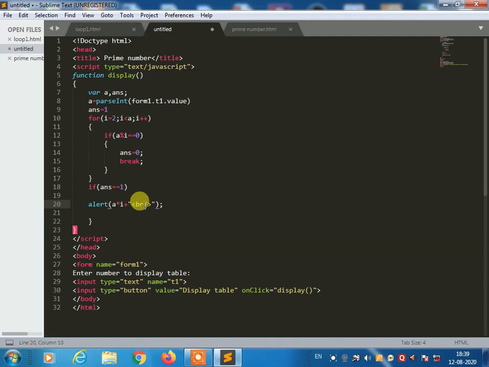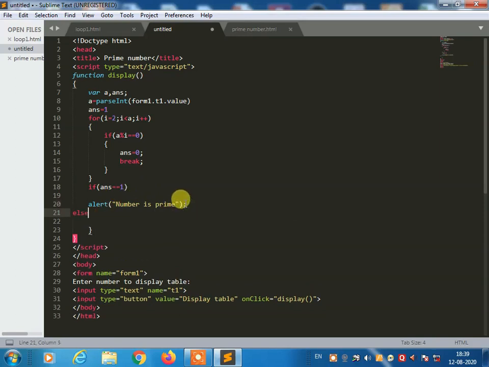So alert, write in double inverted quotes, number is prime, else you can use the same alert function: number is not prime. Complete the curly bracket.